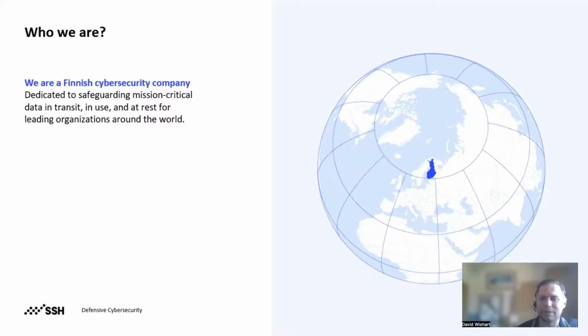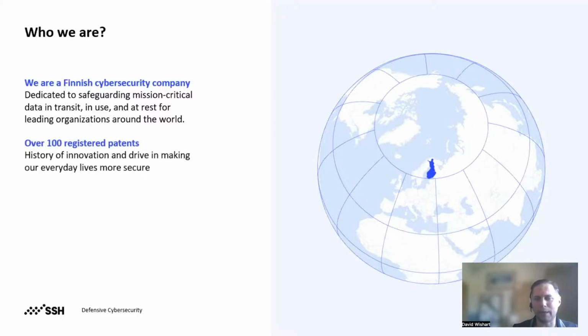SSH usage is extremely widespread. It's embedded in 95% of the world's operating systems. The use cases of SSH continue to grow with DevOps tools like Git and Jenkins, and configuration and orchestration tools like Chef, Ansible, and Puppet, all using it for authentication. So we continue to be a technology pioneering company with over 100 patents to our name.